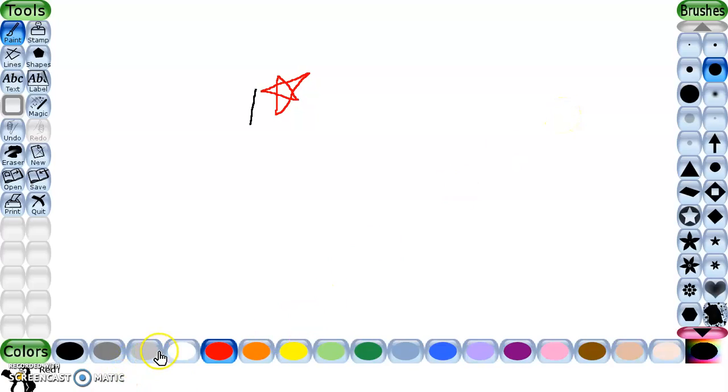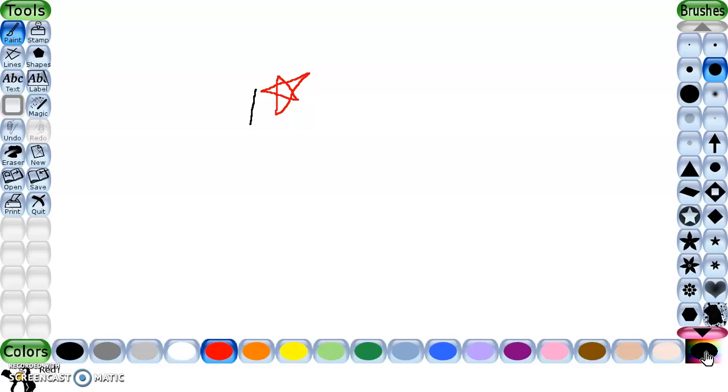Colors. This is the color palette. It is found below the drawing canvas. It has 18 colors. The first 17 colors are fixed. Fixed means you cannot change them. The 18th color on the right is one that you are allowed to change. This is the 18th color. You just click on the color and a color box will appear.